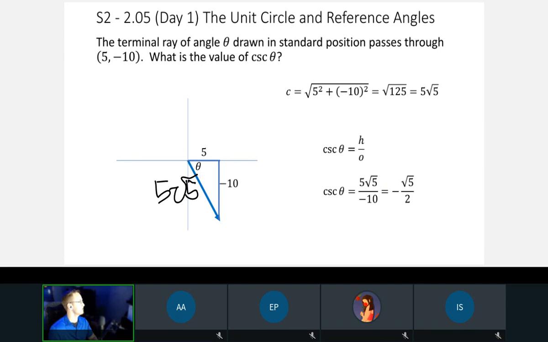So remember, the grading system is on the OHS. They want you to keep the negative in front of the entire fraction. If you leave it on the bottom, it's not going to mark it correct. It's just how it is. Even though it doesn't matter if negative is bottom, top, or in front. It's all the same. But I prefer having it on top, but they prefer having it in front. So we go with that way. Should be a pretty easy question if you have your identity sheet and you know these ratios. Cosecant is hypotenuse over opposite. You should know what your secant is and what your cotangent is.